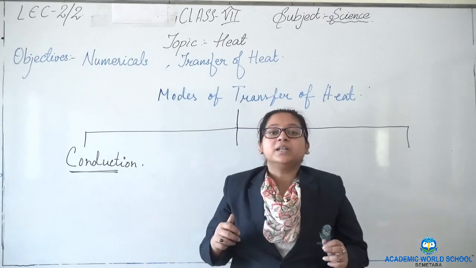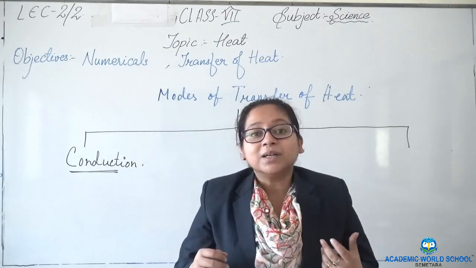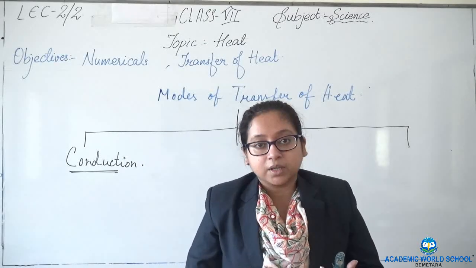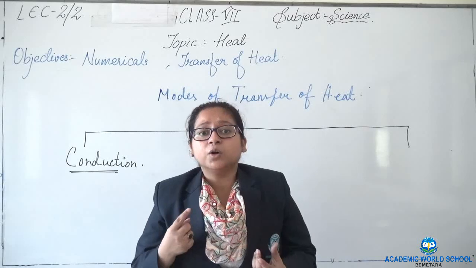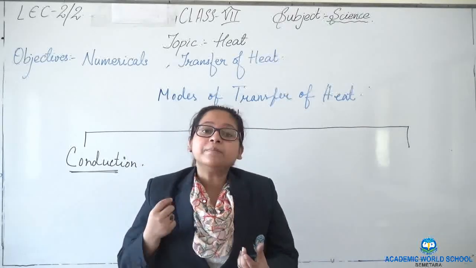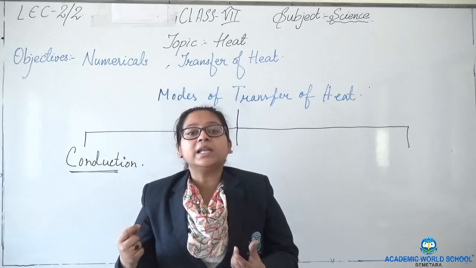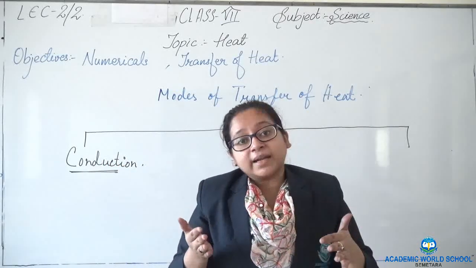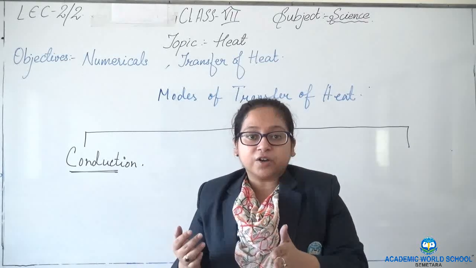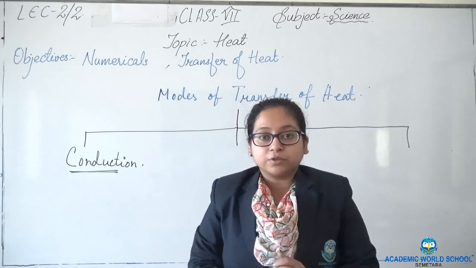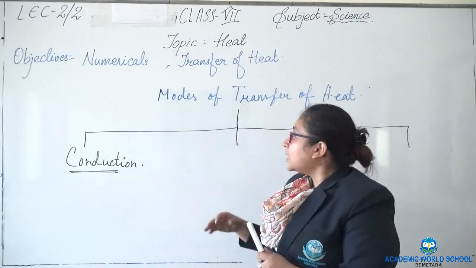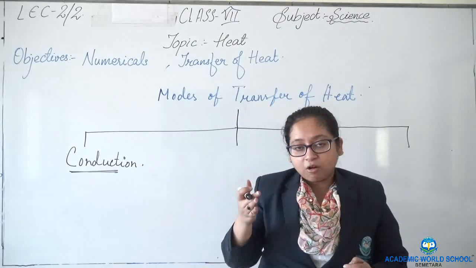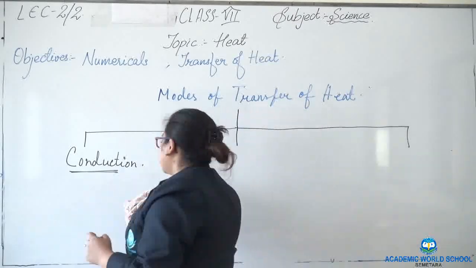If you remember last day while teaching about thermometer, I told that the metal that is used is mercury. Why? Because metal is a very good conductor of heat, and secondly mercury is the only liquid metal. Why are we using metal? Because metal is a good conductor of heat. It conducts heat from one object to another. Now, what happens in conduction? Here, heat flows from hotter body to colder body.